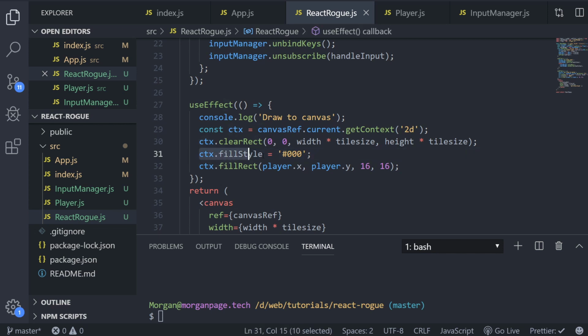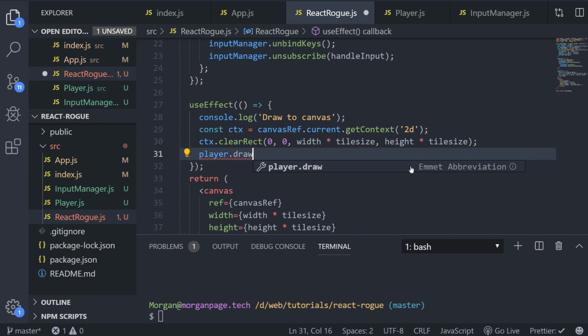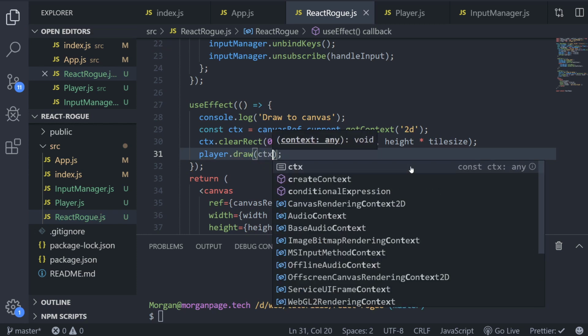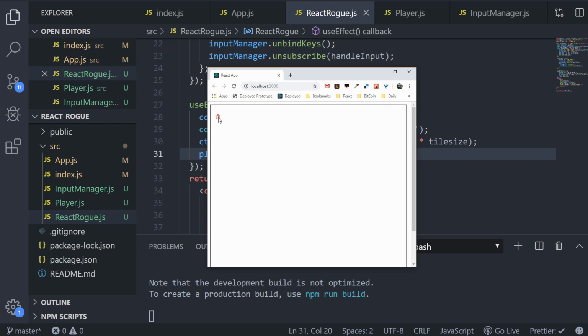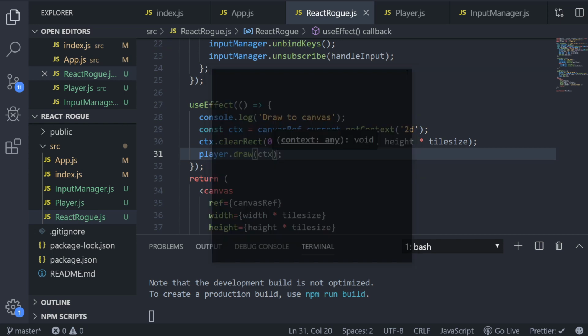So now we have a draw method on the player, so we can delete these 2 lines and just do player.draw, and if you remember, we're passing in the context. Let's just see if that works. We've now got our @ symbol instead of our rectangle, but moving doesn't work, actually dies, so let's sort out